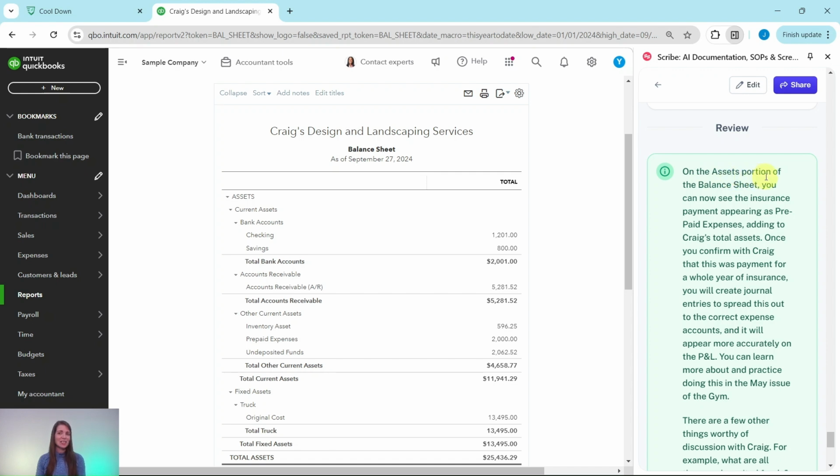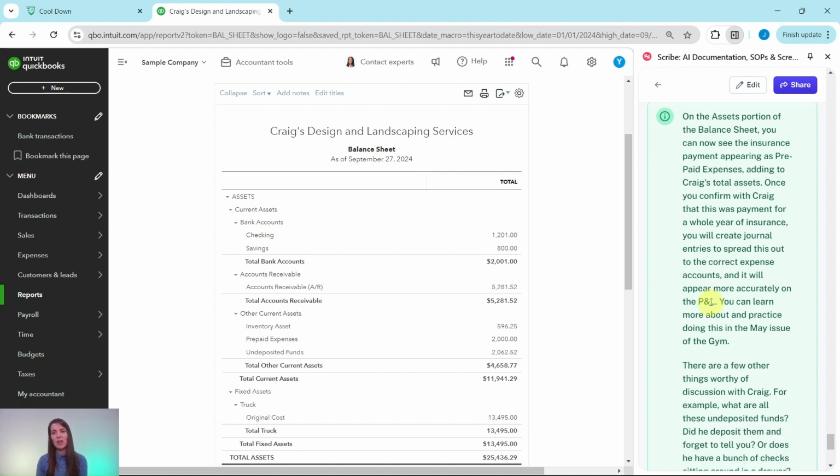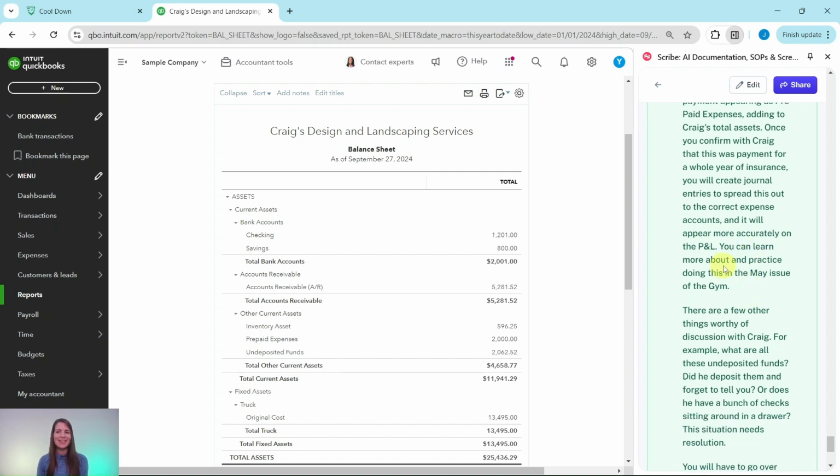Now, on the assets portion of the balance sheet, which is up here, you can now see the insurance payment appearing as prepaid expenses, adding to Craig's total assets. That is this line right here. Once you confirm with Craig that this was payment for a whole year of insurance, you will create journal entries to spread this out to the correct expense accounts, and it will appear more accurately on the P&L. You can learn more about that and practice doing this in the May issue of the